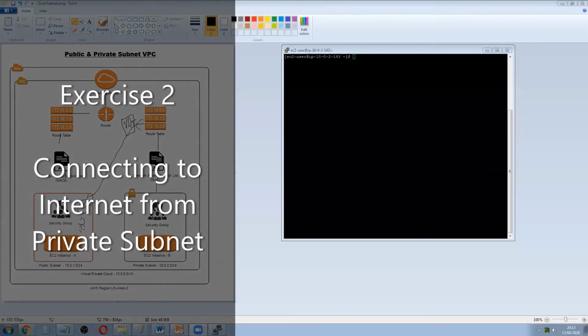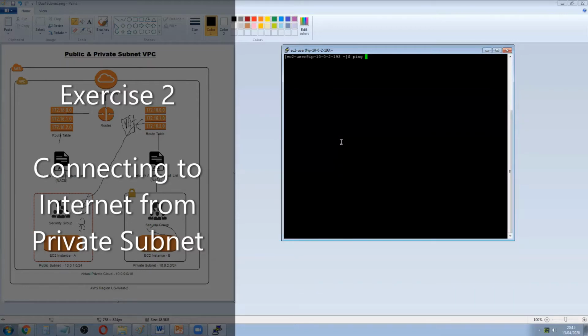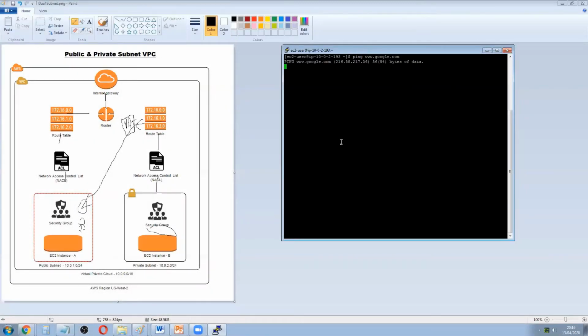Let's try. We are in this instance right now. Let's see if we can access the internet. Ping google.com. What I am trying to do here is ping google.com, which means what in network